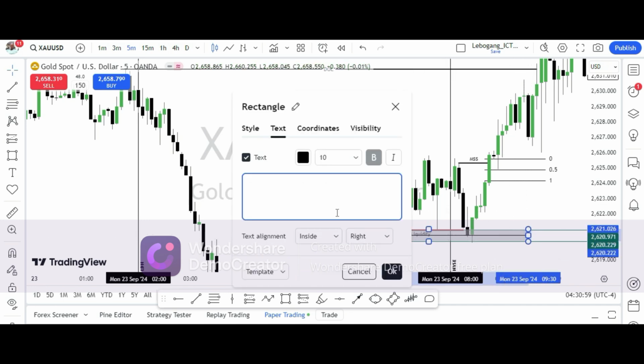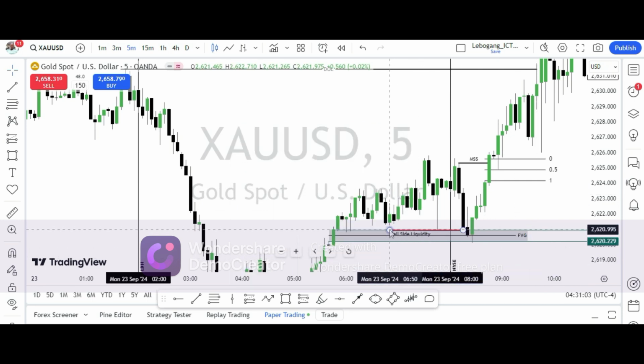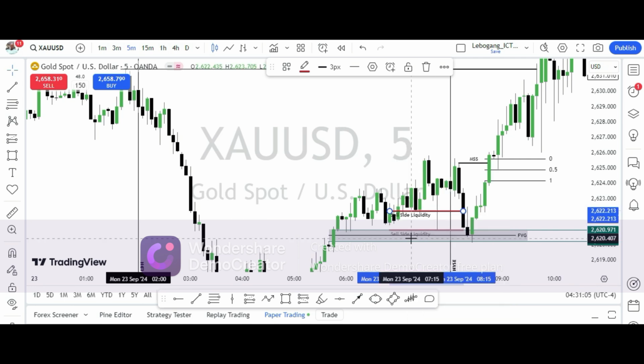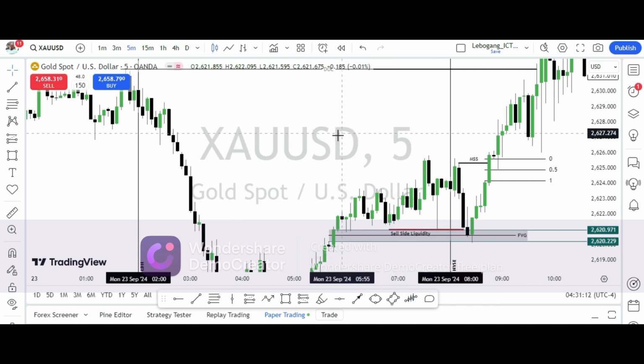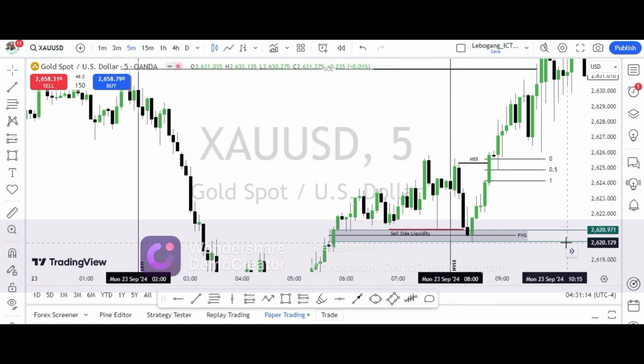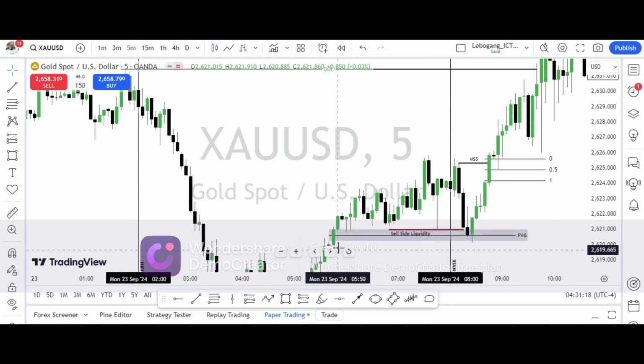We can put this one as a fair value gap. I'm not going to see it, so I'm going to put it like this. Yeah. So as we look at this imbalance here,